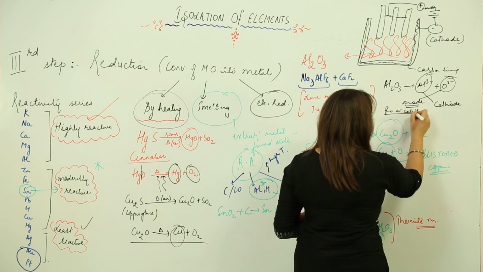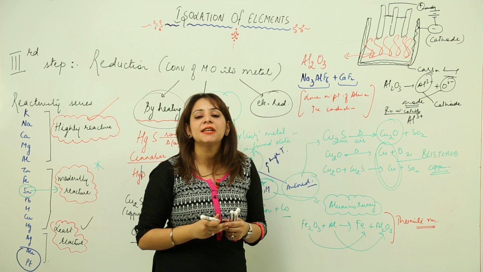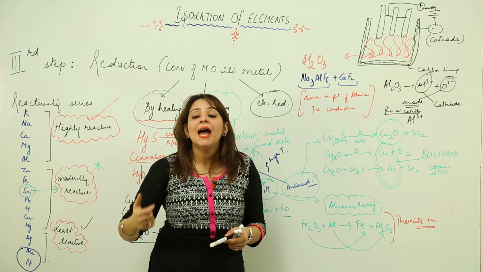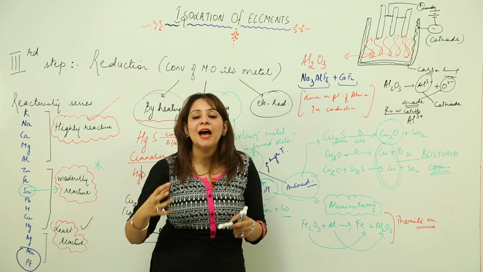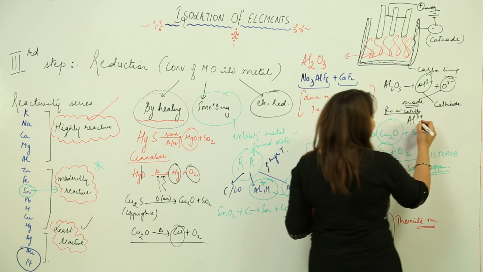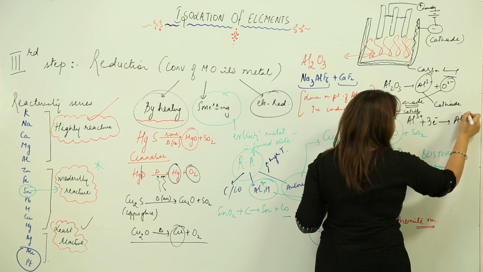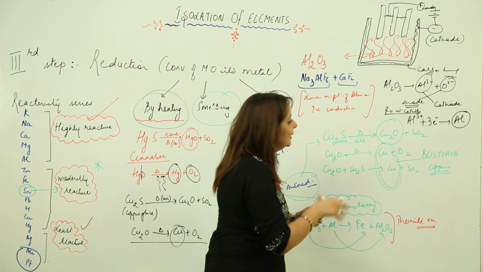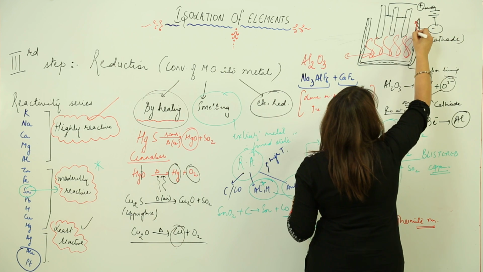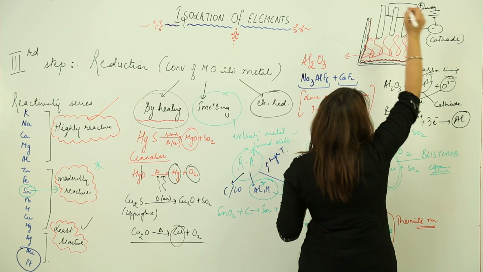The reaction at the cathode: obviously Al3+ is travelling here, which means it has lost its 3 electrons. We need to convert it into pure metal, and to do that, we have to supply it with the electrons which it has lost earlier. How many electrons has it lost? 3. So we need to supply 3 electrons back, and this gives pure aluminium. These reactions continue, and this aluminium starts getting deposited on the carbon lining, because always the pure substance is obtained at